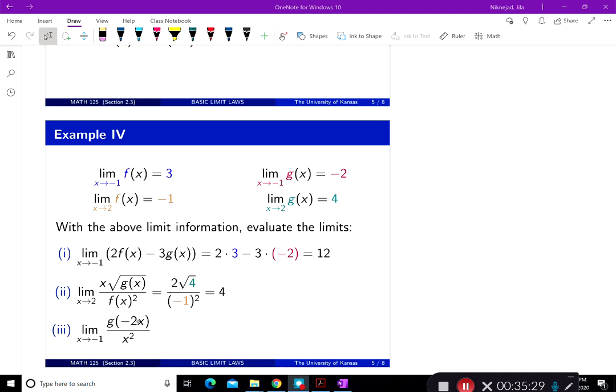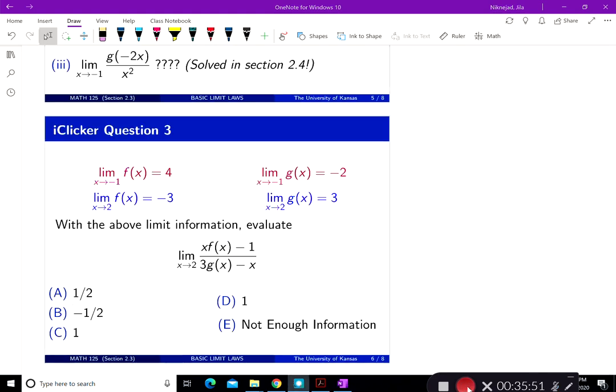So I still cannot do that with the rules that I use, but we'll see in the follow-up section that we're able to do that. So I'm taking a rain check for this one. I will explain this at the end of section 2.4 basically. Let's do